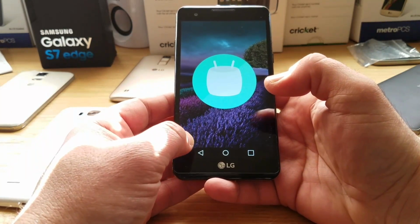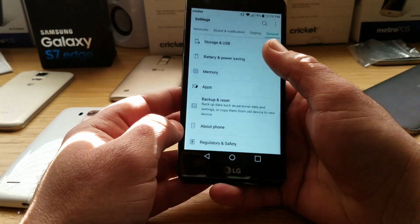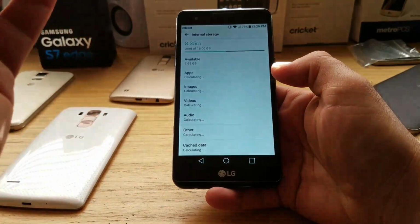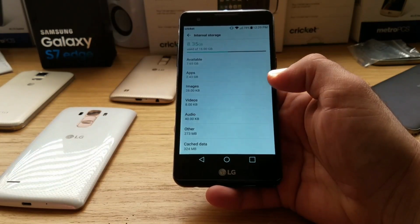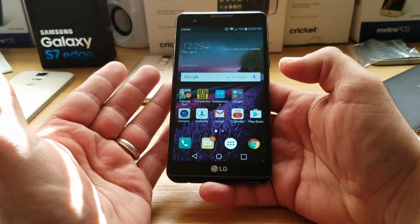Not only that, let me go ahead and go into storage here. This device has 16 gigabytes of onboard memory. This device has micro SD card expansion. Now the biggest selling point with the LG X Power is going to be its large